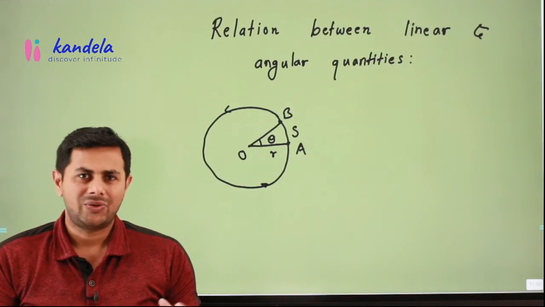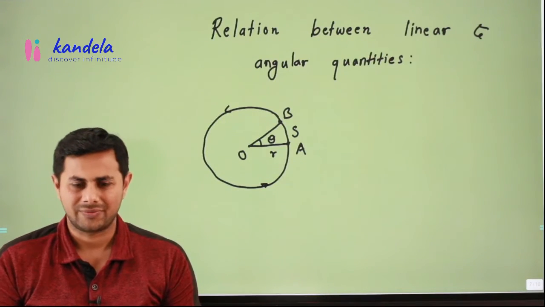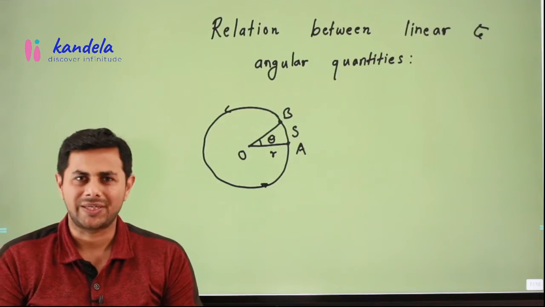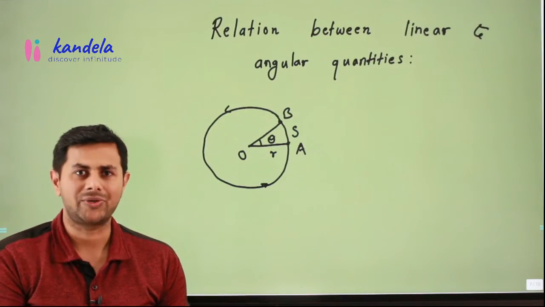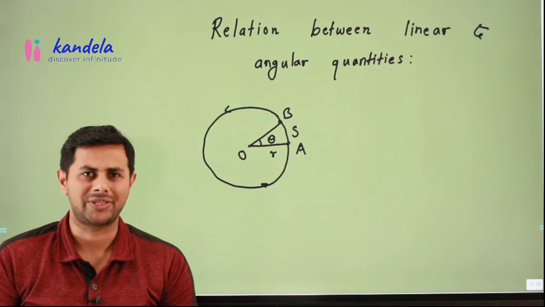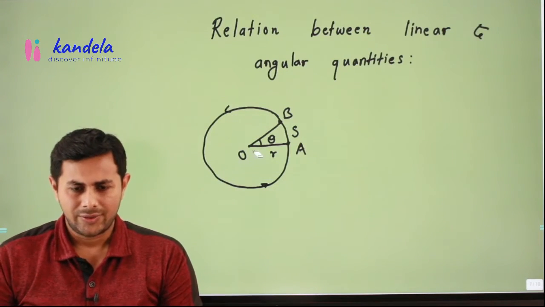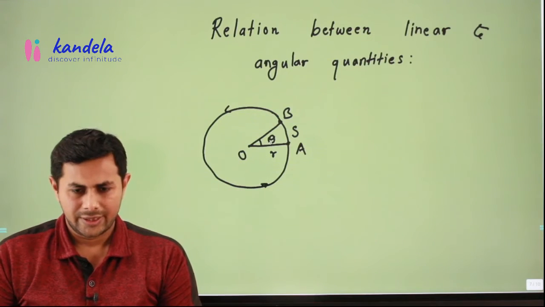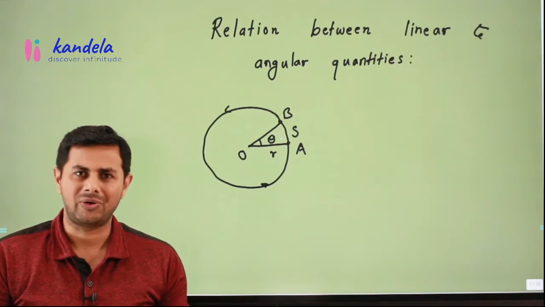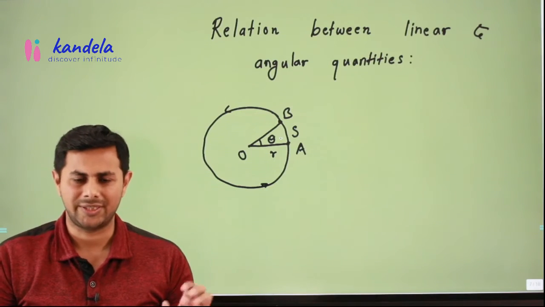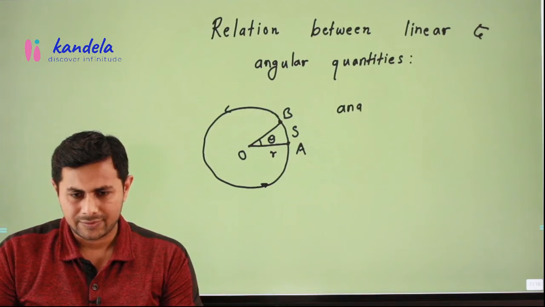Okay, so now let's talk about the relation between linear and angular quantities. For this particular section, we'll think of these quantities as scalars. So we'll only talk about the magnitude of quantities and not the direction. All right, and I will explain to you why. So what is this angle theta? It is angular displacement, but now I am going to call it distance only. So angular distance